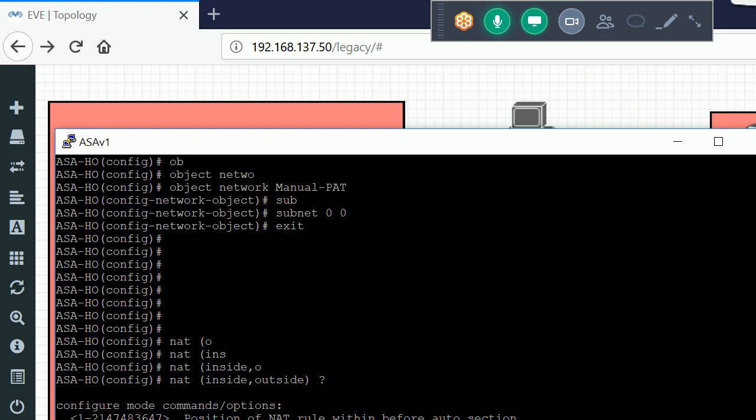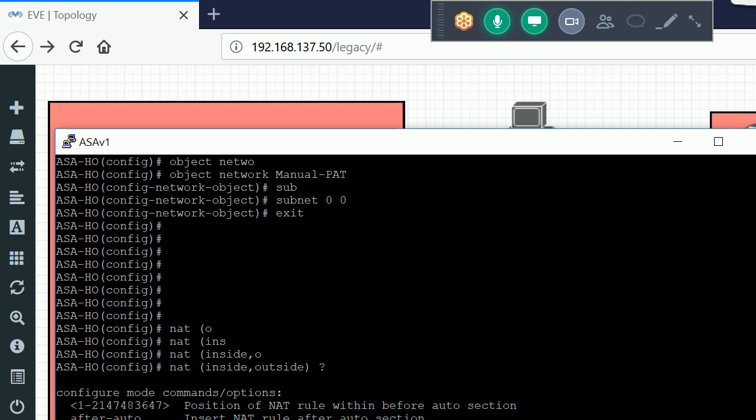If we have a configuration of auto NAT and manual NAT in my ASA, manual NAT takes the higher priority. After that, the auto NAT comes. So if we want to define that manual NAT below that auto NAT, for that we use this keyword after-auto. Generally, we use the manual NAT without any keyword, without anything.